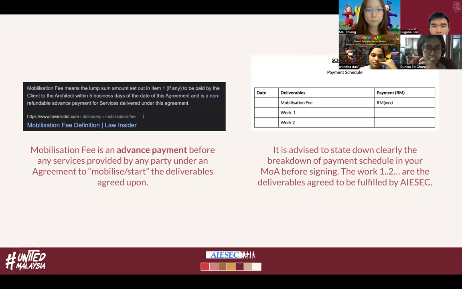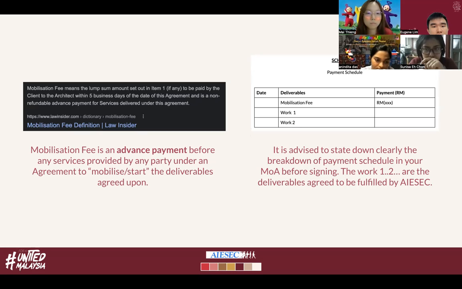And if you go down to the MOA, there's a Schedule B. In this schedule, we have the mobilization fee with Work 1, Work 2, and this is based on the template itself. Work 1, Work 2, or the other spaces would be on the deliverables themselves. So it could be whatever you're going to provide, like a webinar, for example, or engaging with the students. So all this,